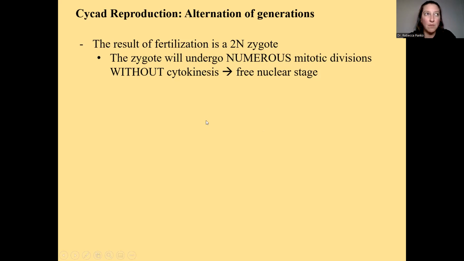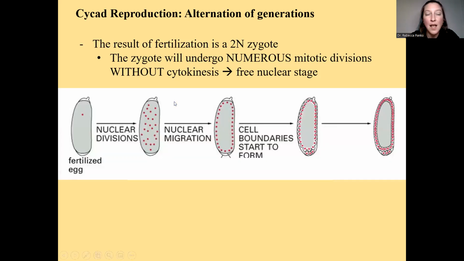So this is why at the very beginning of the course, I made a big deal of saying you have mitosis and cytokinesis, because you can have mitosis many times in a row without cytokinesis. You can have mitosis, then cytokinesis, or you can have mitosis, cytokinesis. But in this case, once the zygote gets fertilized,